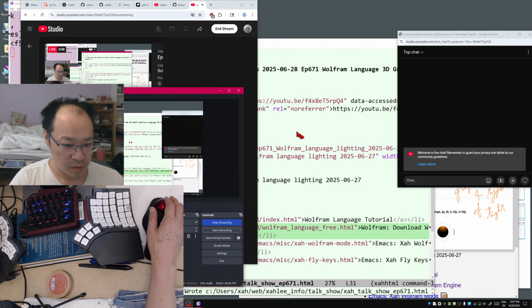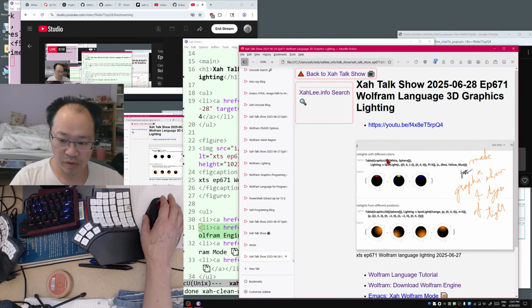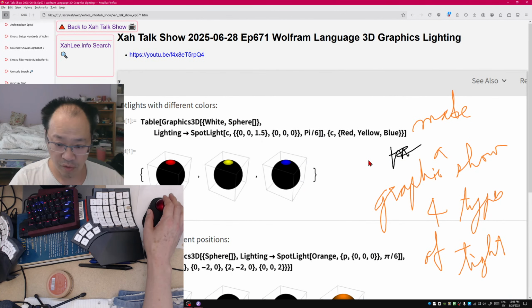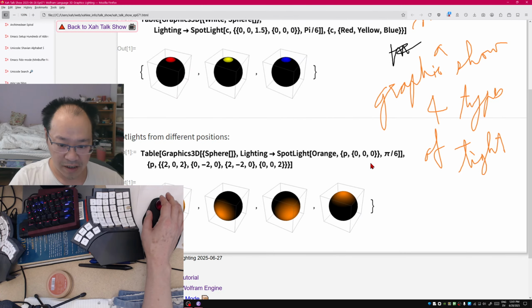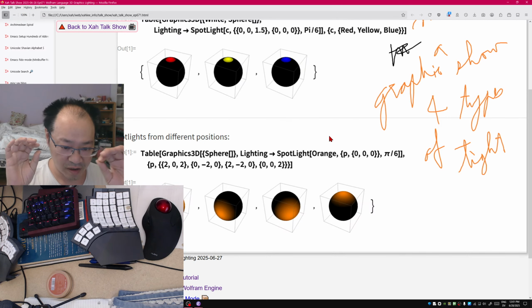We are going to code Wolfram language today. We are going to code the Wolfram language 3D graphics lighting system. It's fantastic. You can have different light sources. You can have multiple light sources. Each one can have a different color, and